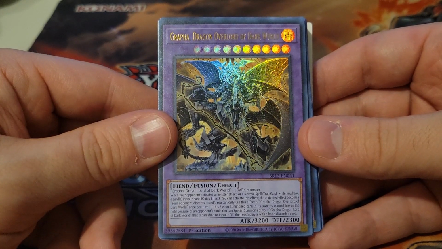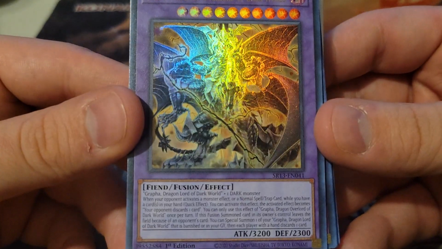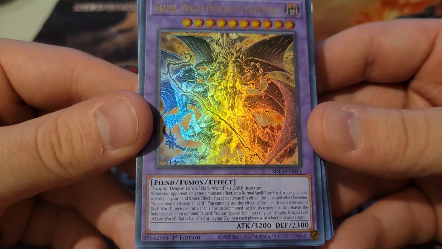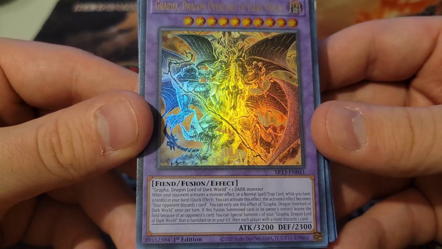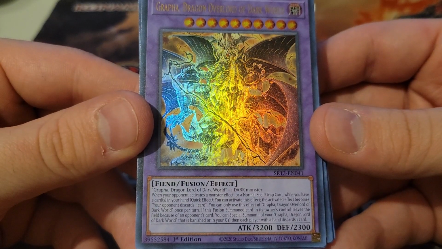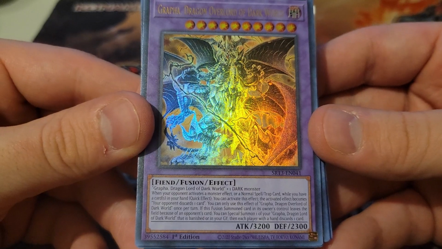Alright. When your opponent activates a monster effect or a normal spell or trap while you have a card in your hand, you can activate this effect. The activated effect becomes your opponent discards 1 card. Yo, that is so good. It makes it so your opponent's card changes it to...